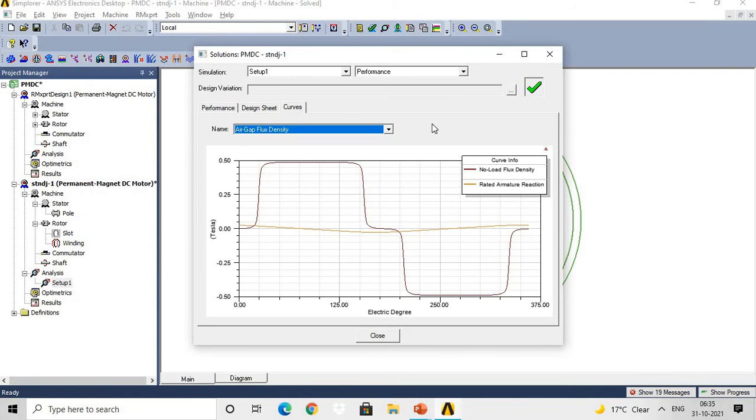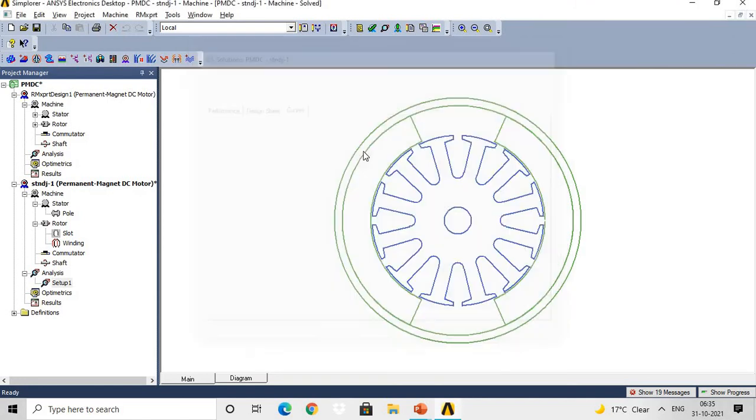You can give the input as per your theoretical values. Then you can check the performance. You need to go through the performance curve, and if those performance parameters are fulfilling your requirement, then you can proceed further for the hardware part preparation. Okay. So we have discussed how to obtain the design sheet for the PMDC motor, how to do the simulation,